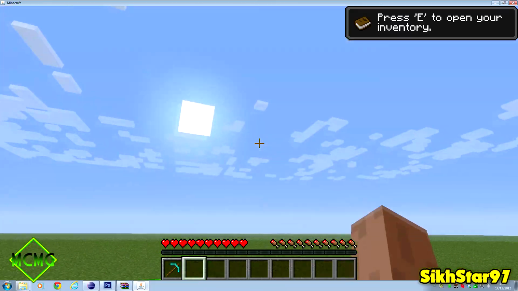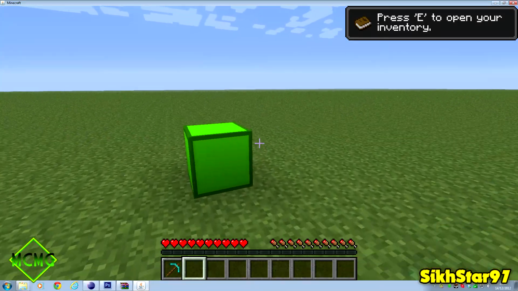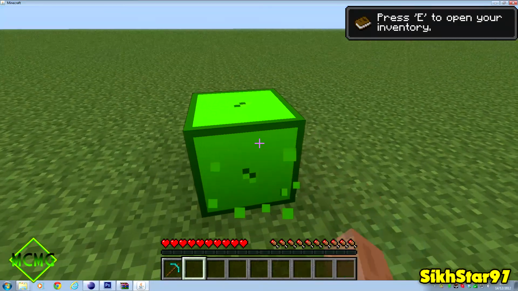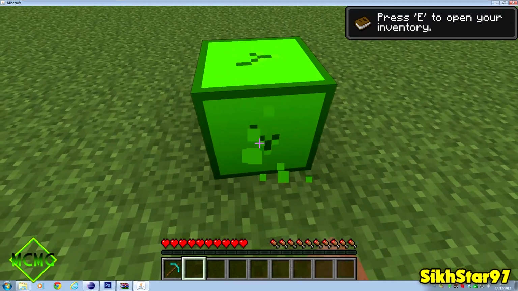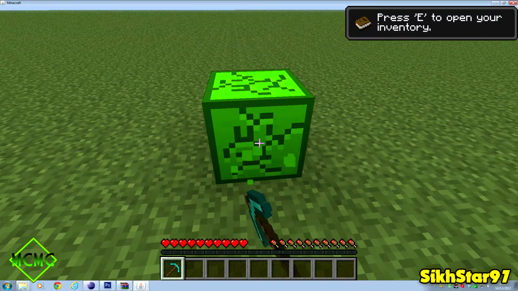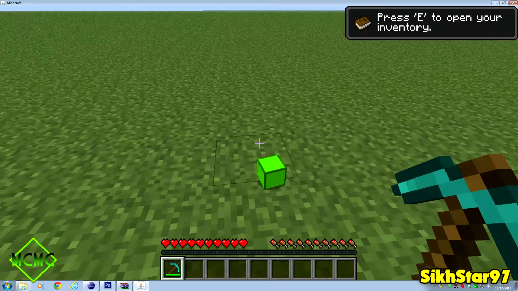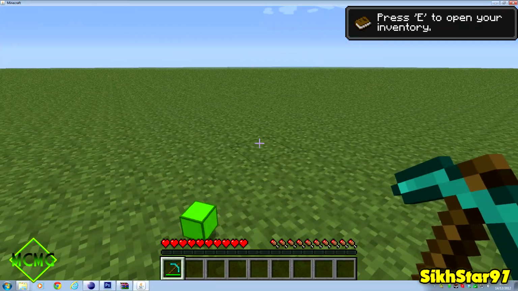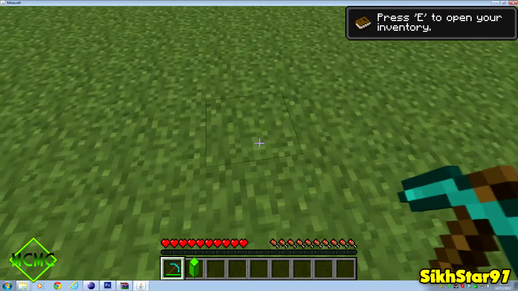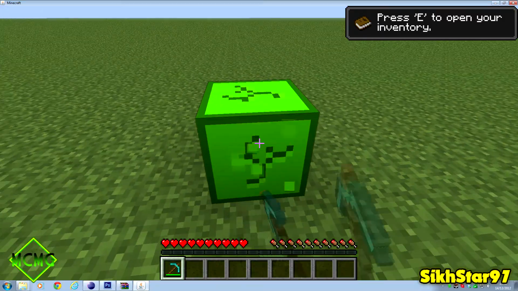And obviously you can place it, and remember I said you can't destroy it with your hand, because you see it just goes really slow. But if I get my diamond pickaxe, it is extremely fast, because it can only be mined with pickaxes, and because the hardness was low compared to the strength of the pickaxe, a diamond pickaxe even, it did it quite quick. So I can pick that up, and I could do that again